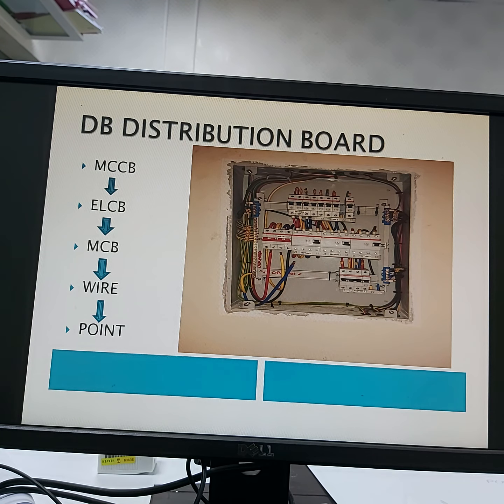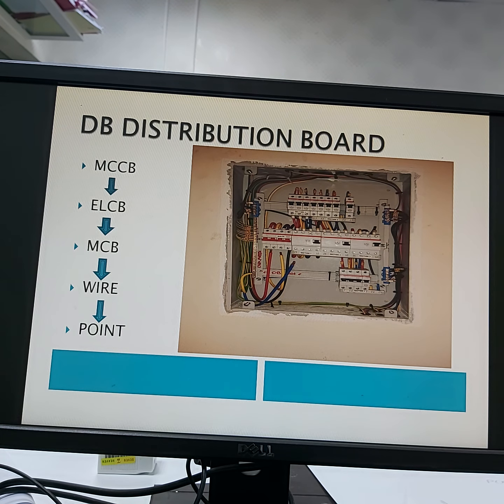If you see a drawing, by reading we will go from down to up, but in designing we come from top to bottom. First of all, we design DB, then we design a SMDB for all DBs, then all these SMDBs will come in the main panel or main DB. So this is the process. In the next video I will tell you how we can design DB.